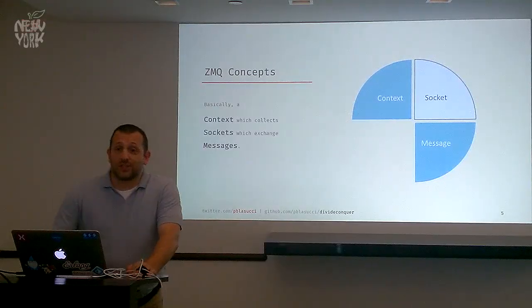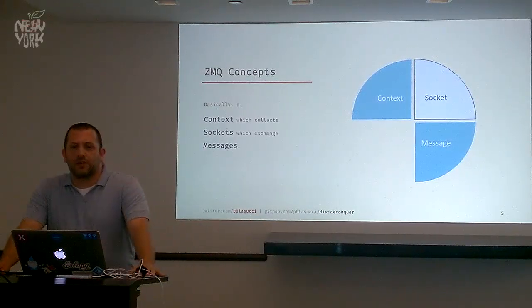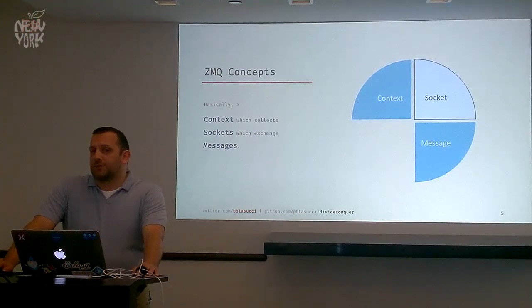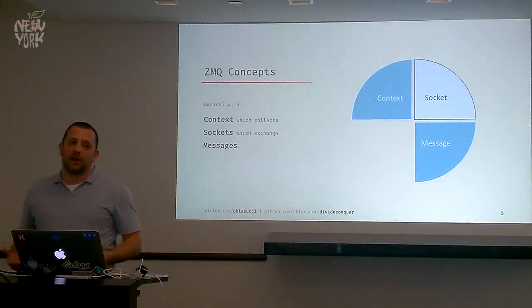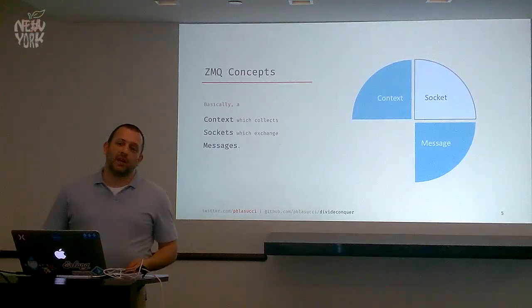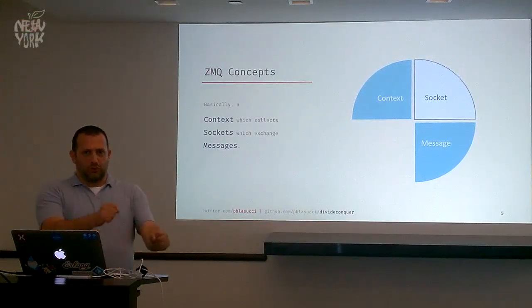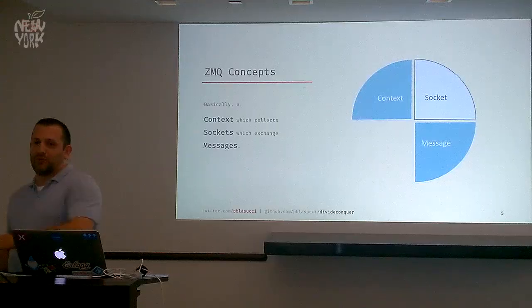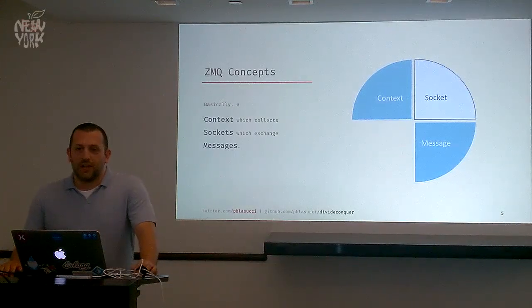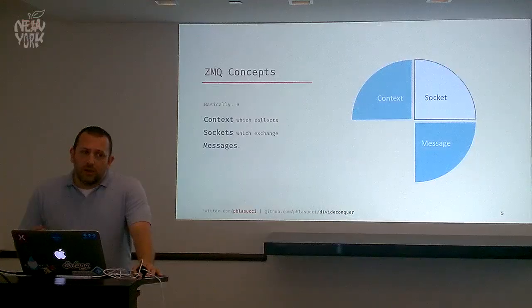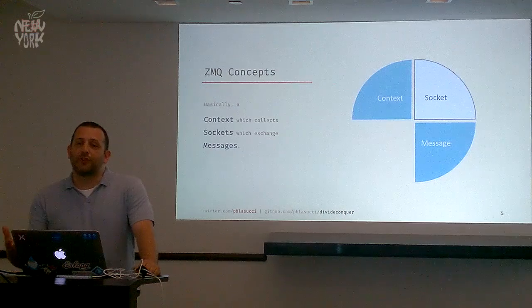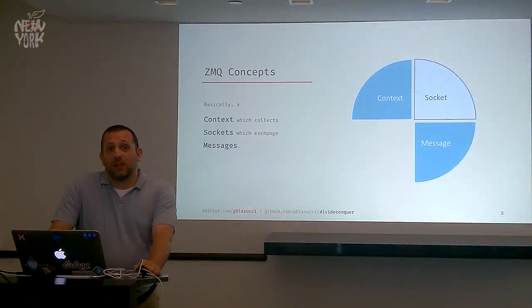The messages themselves that the sockets are passing are extremely simple, the simplest thing that could possibly work. One or more frames of zero or more bytes, with just straight bytes. It's up to the application to decide what the bytes look like, what your encoding is going to be, what your framing is going to be. That's a very application-level concern. So none of this, you must use protocol buffers, or you must use JSON, or what have you. It's very much raw data, which is nice because you do a little more legwork and thinking up front, and you get things that are typically a better fit to your purpose. And when you need to, you can get a lot of performance out of working directly in bytes.